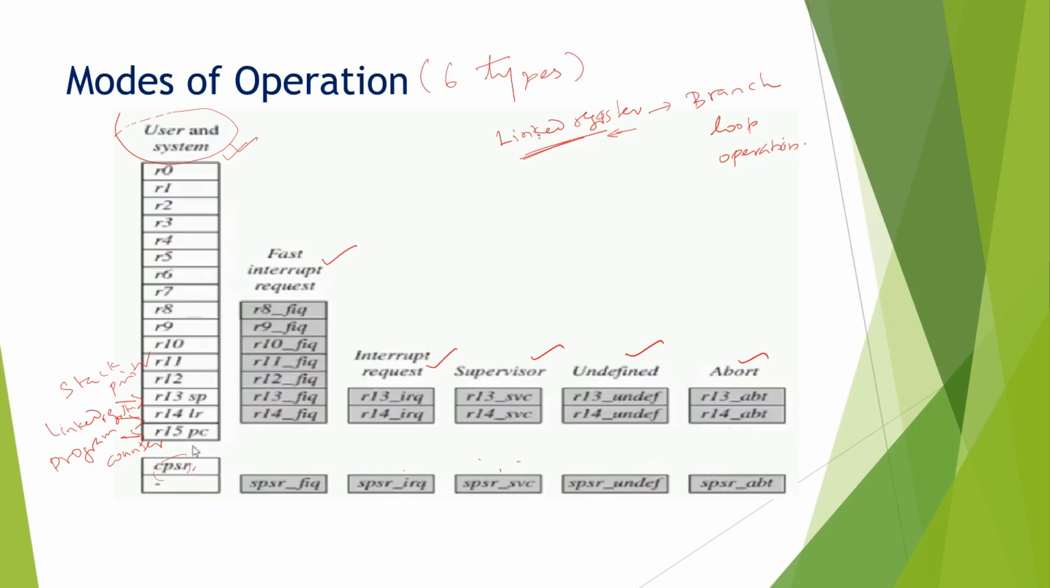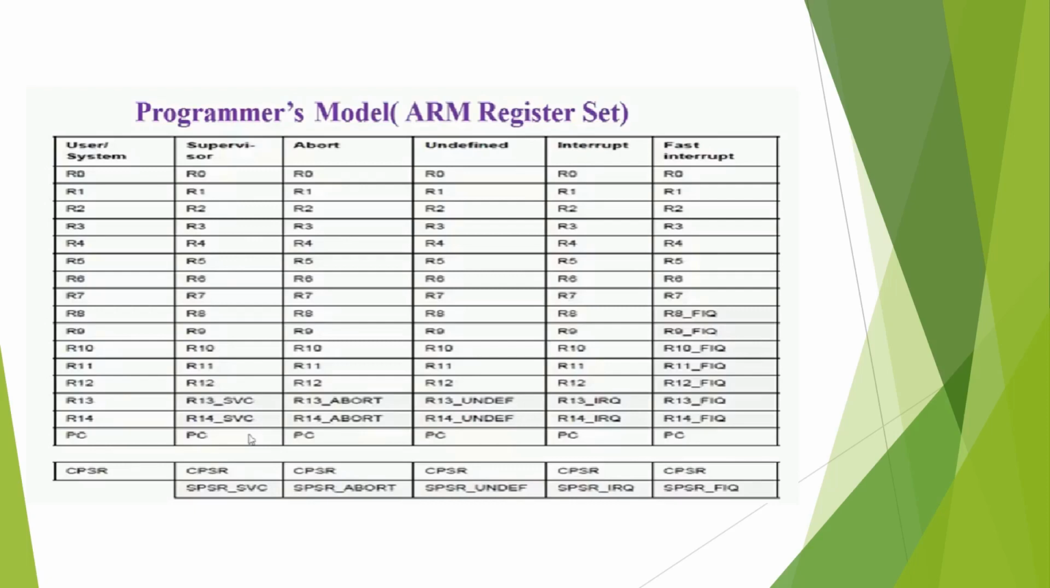The next slide will give you the detailed programmer's model. See here, in the user system R0 to R14 and PC, CPSR is available, right? And supervisor mode R0 to R12 and R13, R14 for supervisor mode. Program counter is also available. And abort mode also R13, R14 for abort mode of operation. PC is available. General purpose registers are also available from R0 to R12. This is undefined. If there is any error exception, the mode of operation will change to undefined